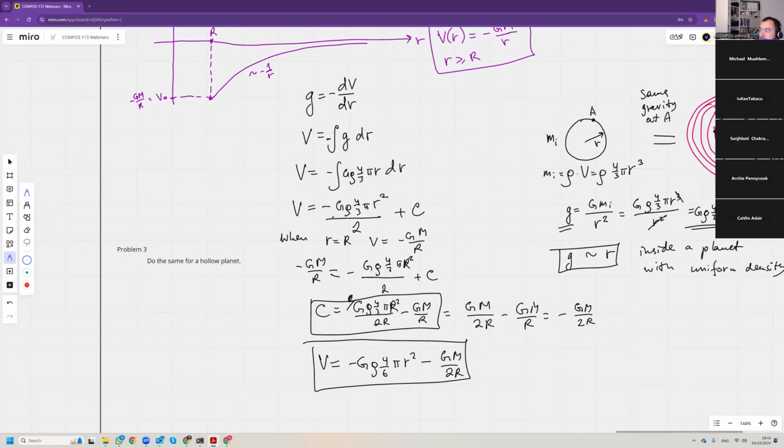V(R) is minus GM over R. Three GM minus, so it must be minus 3 GM over R, and it's going to be plus. I'm not sure where I went wrong, because dr, oh, because it's the same error. Okay, I did say I make the same, because dr again,